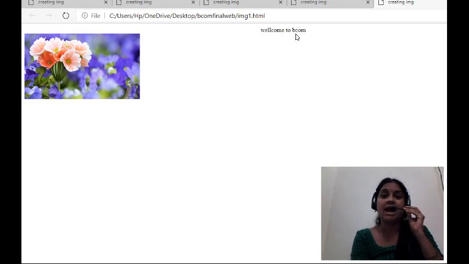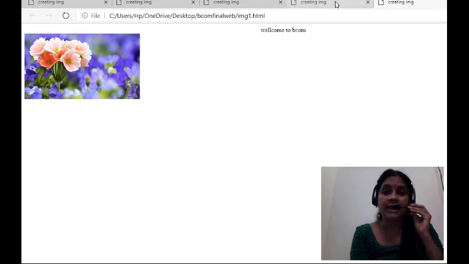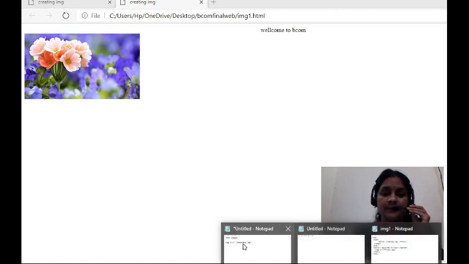That means I used the center tag, so it is displayed in the center. Okay, shall we see the notepad? Shall we see the program here?